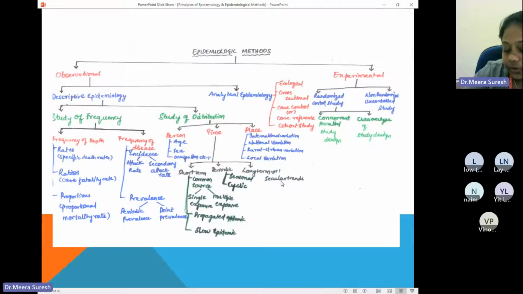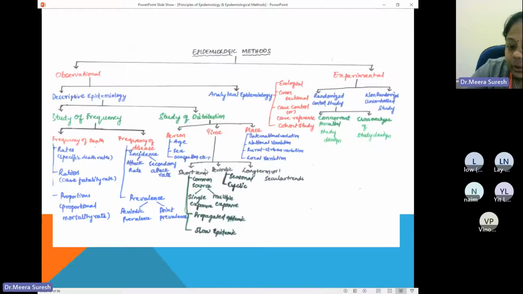It is also called secular trends. And in long-term, remember this term secular trends, because if MCQs are coming, it can give this as an option. The other terms, short-term and periodic, you will understand from the terminology itself which duration they are indicating. But when it comes to secular trends, if you are not sure, it is the synonym for long term. From that term, secular, you won't understand the duration. So usually MCQs come from here, where the synonyms are not giving you any indication of what they are saying.